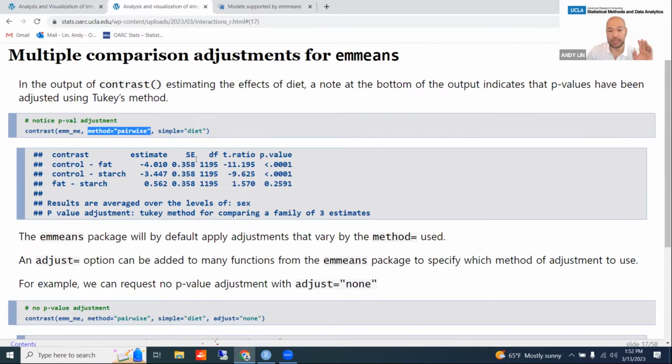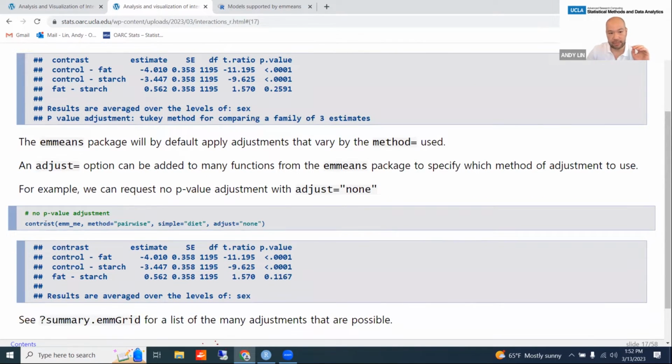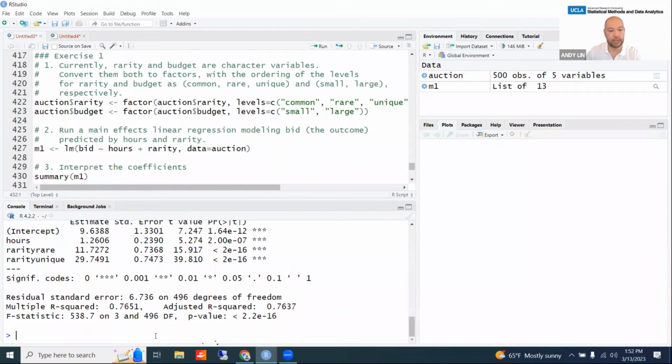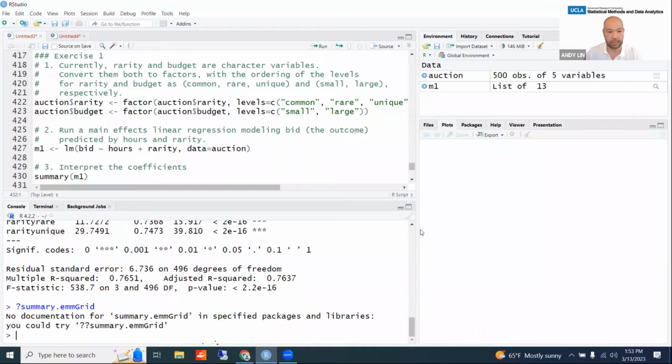I'm just going to tell you there's another option that you can specify in a lot of these functions called adjust, which allows you to specify which kind of multiple comparison adjustment you want to make. For example, if you want no adjustment, you can say adjust equals none. There's actually quite a few adjustments that can be made. If you look at summary, the help file for summary.emmGrid,